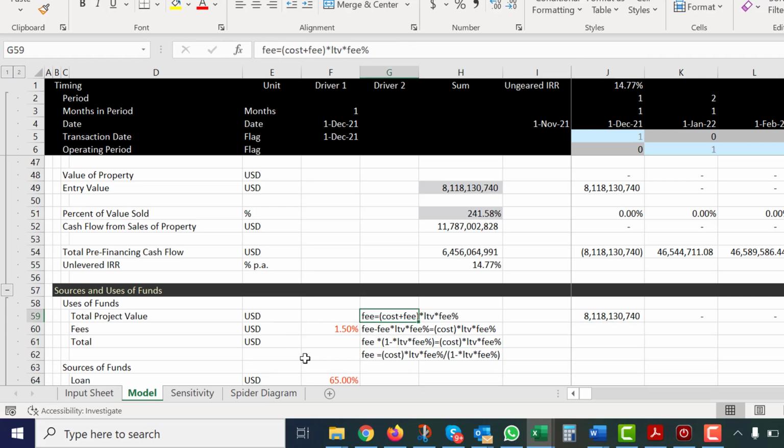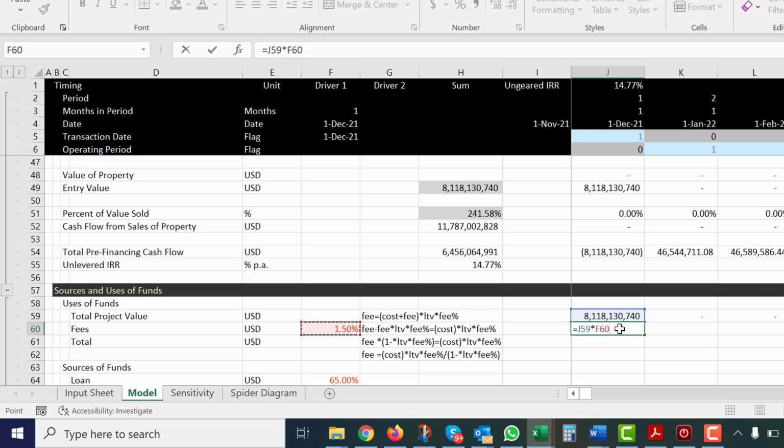If we take the fee, it is equal to the cost, the fee itself is part of the cost, which gets multiplied by 65%, and that determines the fee. We have a circular reference because this determines this, which is multiplied by this, which is multiplied by that. So we can do a little bit of algebra and compute the fee as the cost. Let's see if we can do it. It's the cost times the